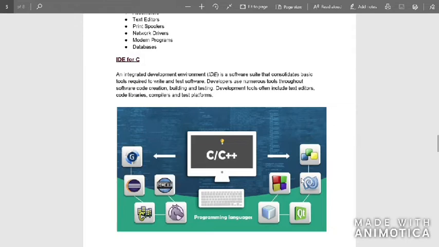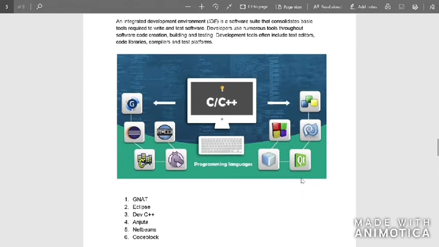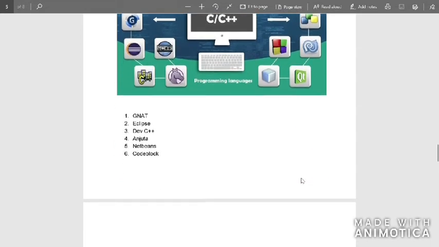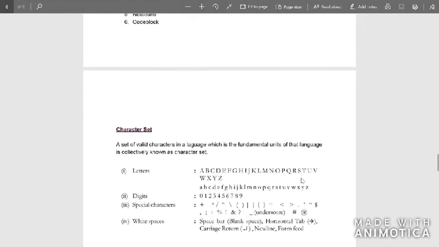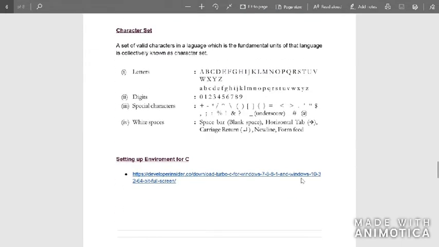Now I've listed down a few of the IDEs. As you can see, we'll be using Turbo C++ as the IDE. And now next is the character set.